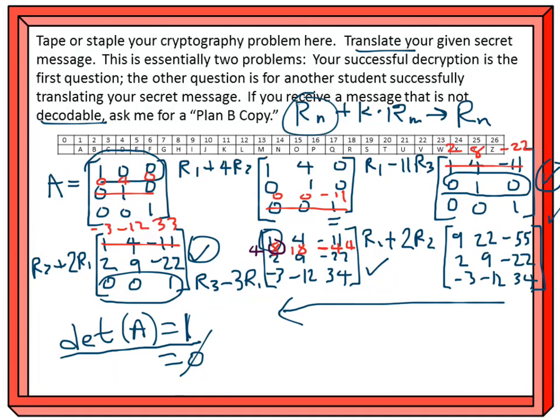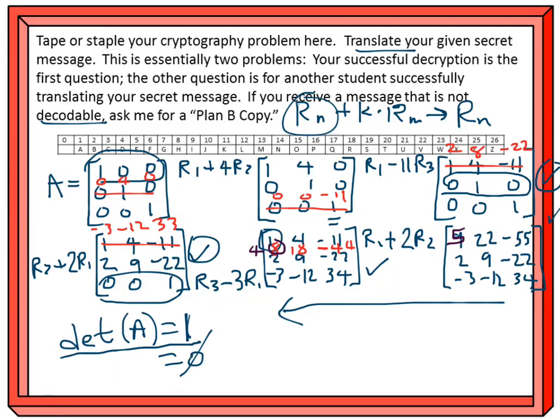Okay, so now whenever I add row 2 to row 1, then I should get a 5 in this position, and then everything else should check out fine. Okay, so now let's use that new matrix to encode our secret message. So let's write this matrix down again. So our matrix A is